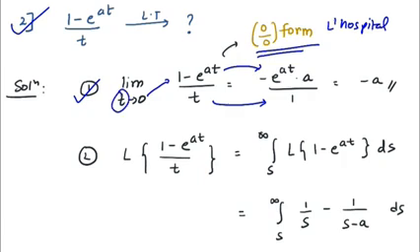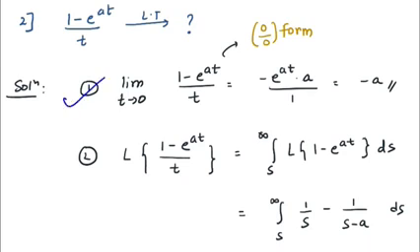So variable here is t, so we are differentiating with t. The numerator answer would be, after differentiation, minus e raised to at into a, and the answer for denominator would be 1. Now if you put t is equal to 0 in this new function, right, the answer is not 0 by 0 form. If answer is not 0 by 0 form, then you are getting the final answer. So what's the final answer? The answer is minus a. Now in the first step, we understood that the limit is existing. So in the second step, we can use the formula.